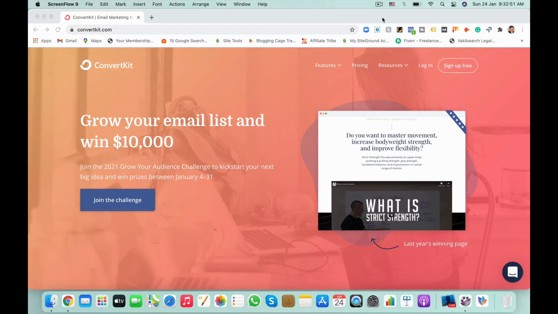Today we are going to see a tool called ConvertKit. It's one of the best email marketing tools, and you can also create landing pages, forms, and pop-up forms. Today we are going to see how to create a landing page.